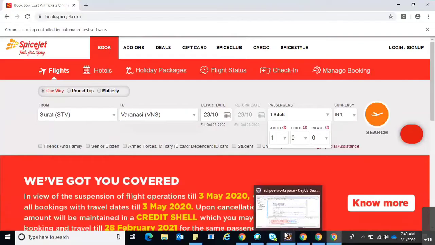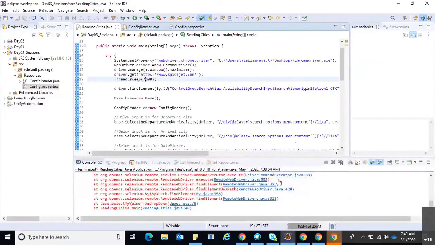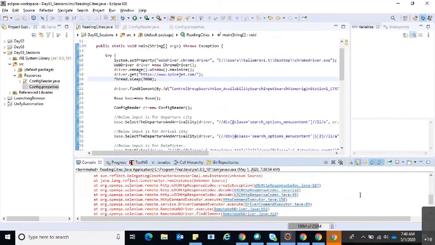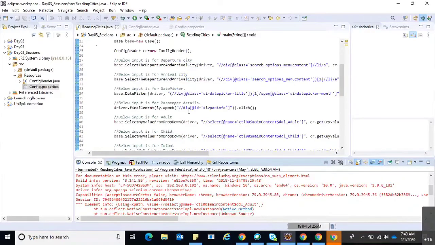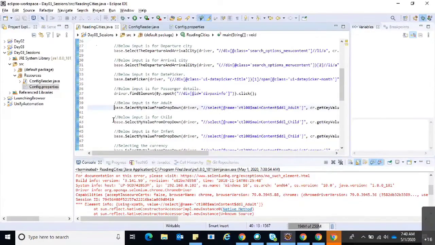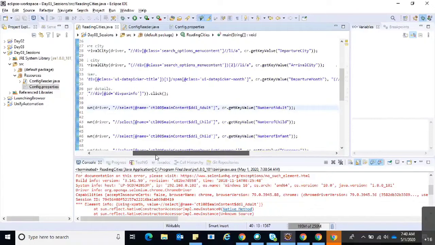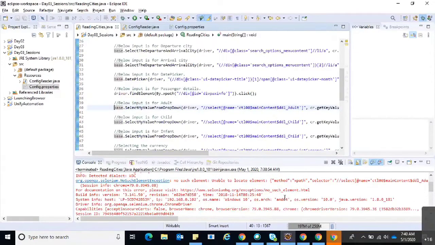Okay. And now it is not reading it. And we should see why. Reading cities. No such element.